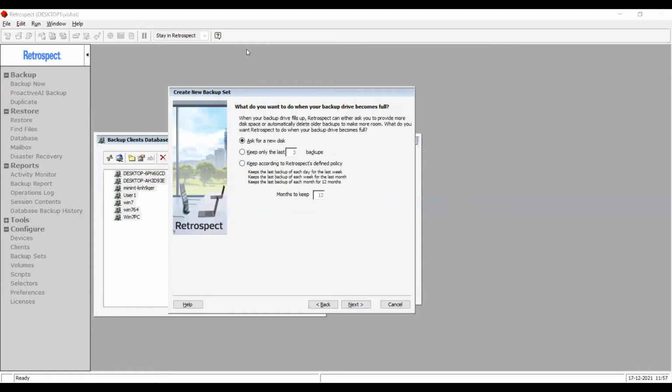So you will be presented with a media request window, and you can specify a second destination to continue your backups. That second destination will be added as the second member, or whatever is the next member, to the backup set, and backup will continue there incrementally. If you don't have a second destination, or if you want to stick to the same backup destination, the other thing you can do is remove the older backups to make room for the new backups. And for that, you have these two options.